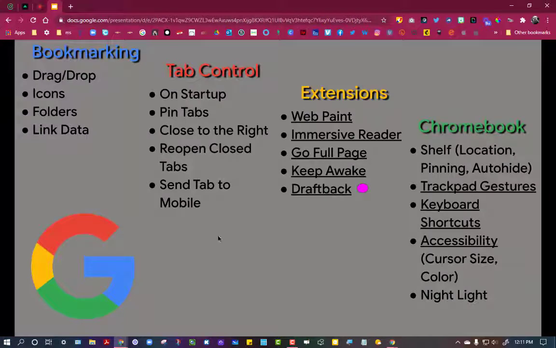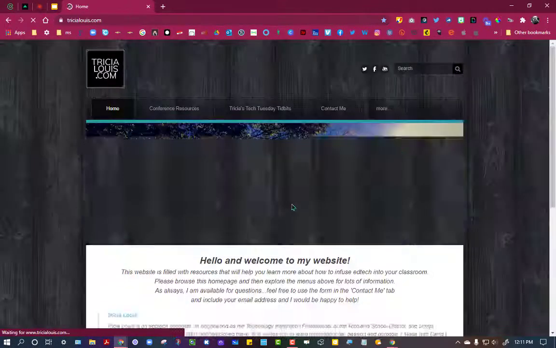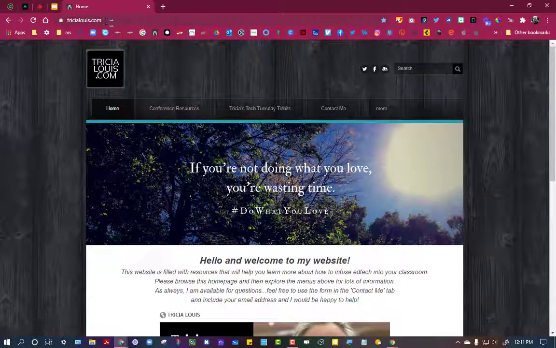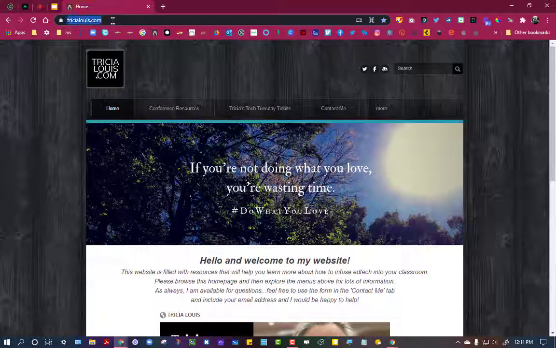All right. Send tab to mobile. This is kind of interesting. I'm going to go ahead and open up this tab, and then I'm going to click in the URL bar, and I get something presented to me that looks like this icon, and it says send to page. If you are signed in on your Google account on a desktop or laptop or Chromebook device, and you want to get a link, maybe on your iPhone or your Android phone or another tablet or something,